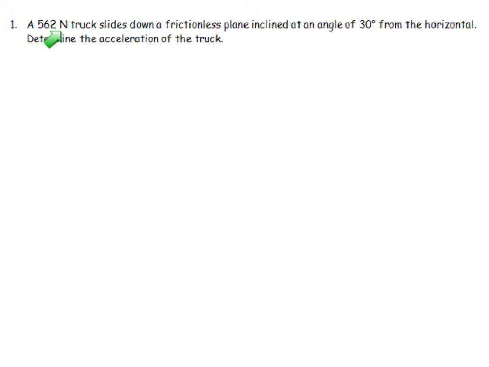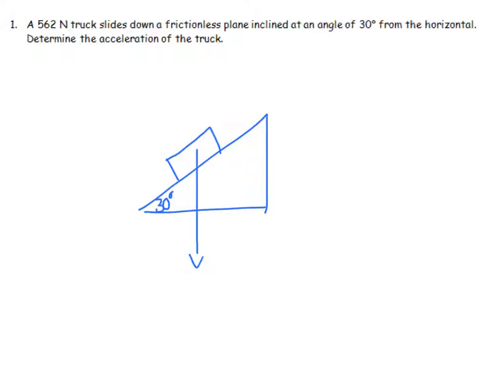A 562 newton truck slides down a frictionless inclined plane. The angle is 30 degrees. So if we've got a plane, and we've got 30 degrees, and we've got the truck, it's not its mass, it's its weight, that is 562 newtons. Once I know that, I have got a component that is perpendicular to the plane, and that is